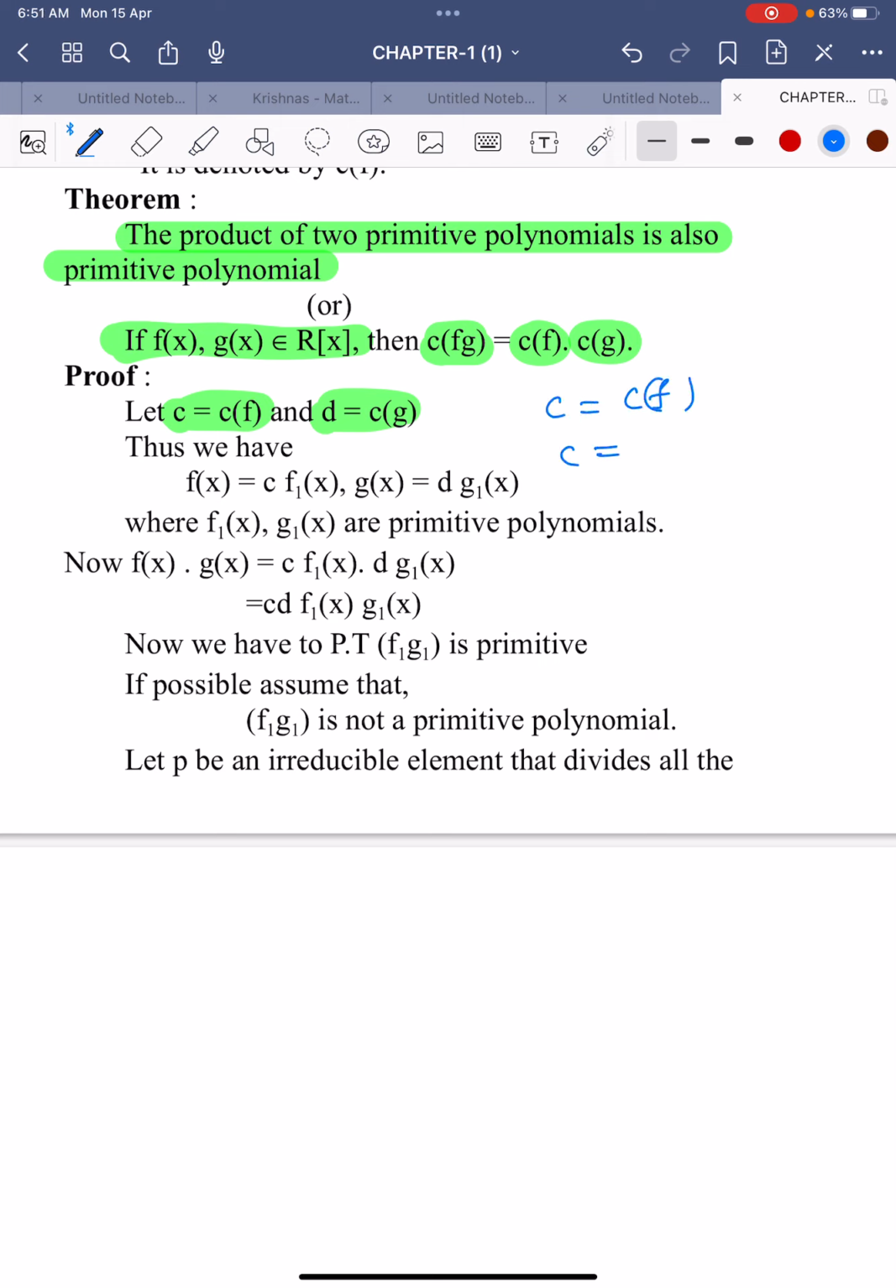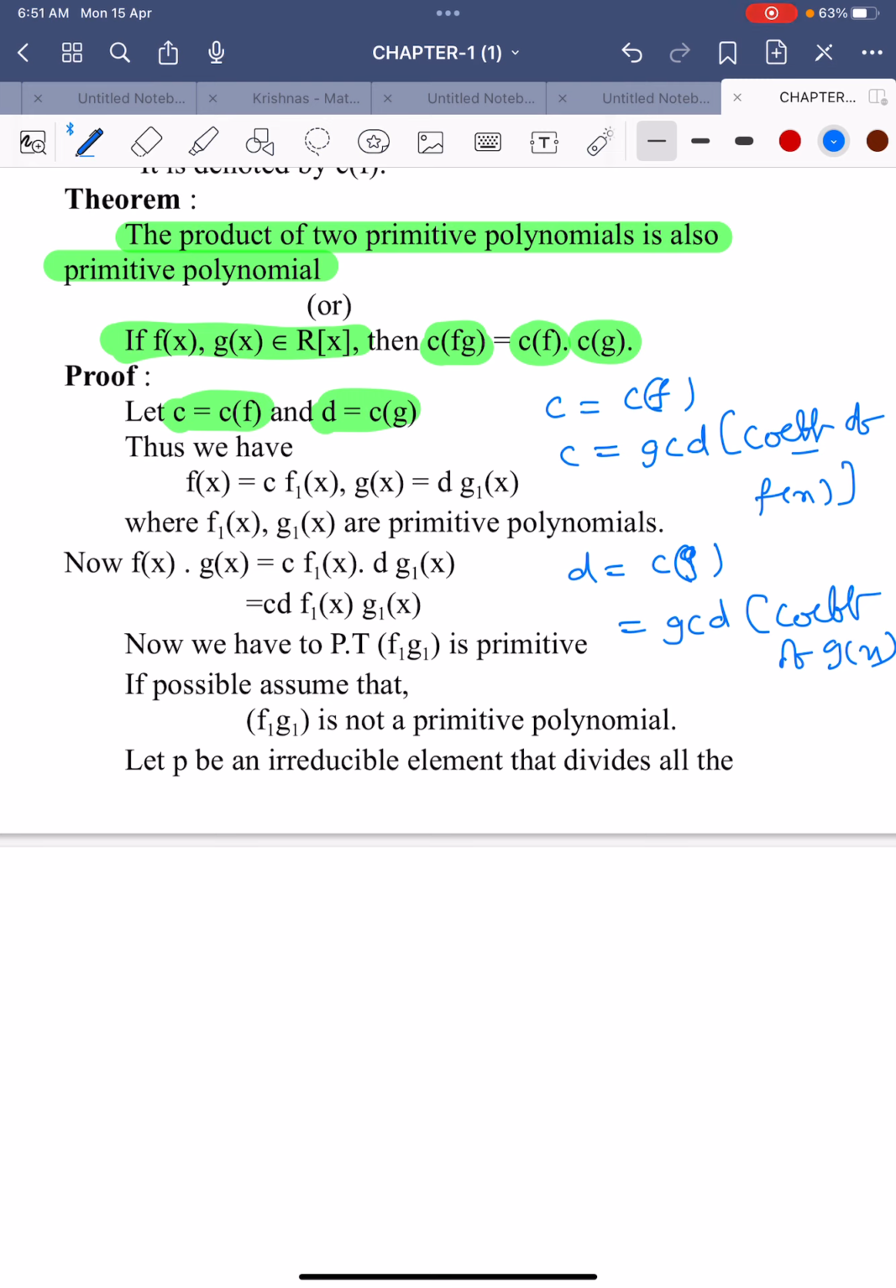It means C is equal to the GCD of the coefficients of f of x. And the next one, D is equal to the content of g, it means the GCD of the coefficients of g of x. Now, by the definition of content, f of x can be written as c into f1 of x, and g of x can be written as d into